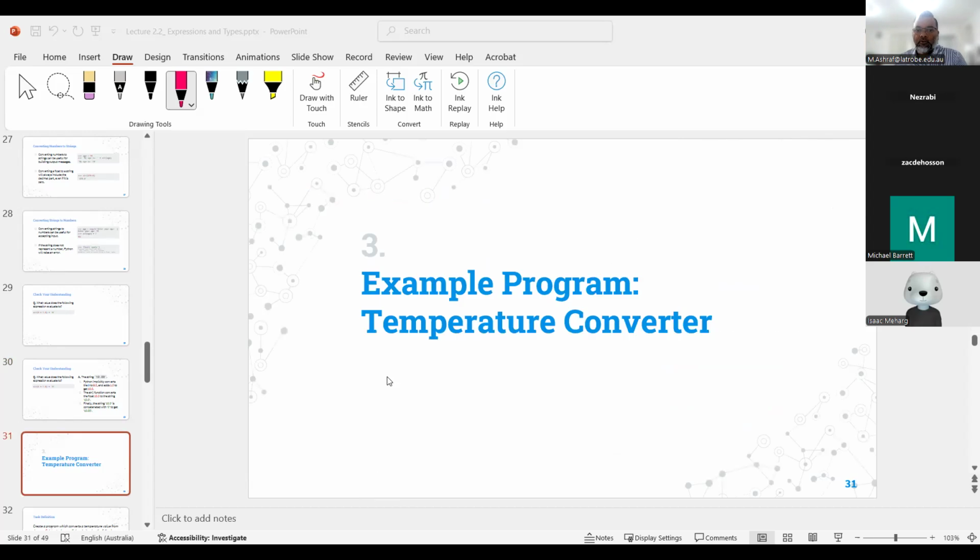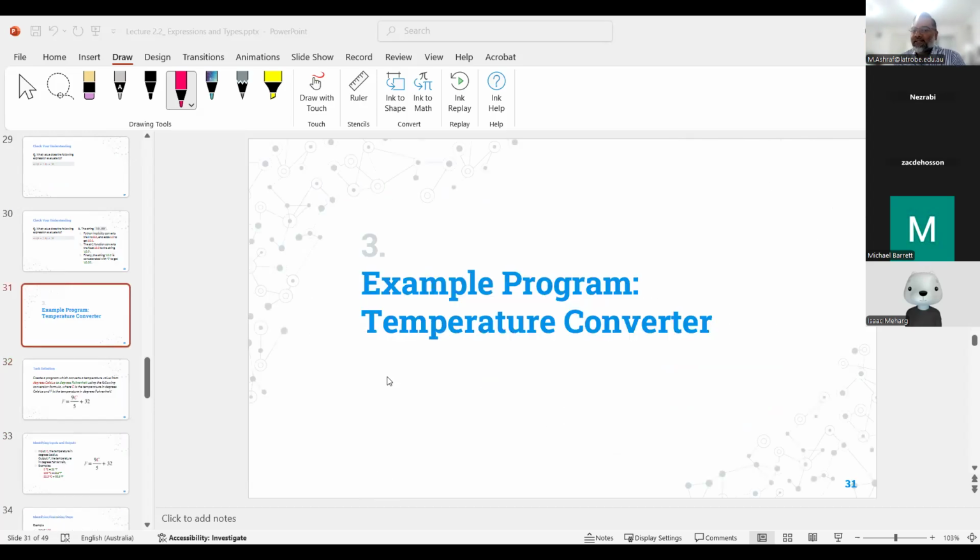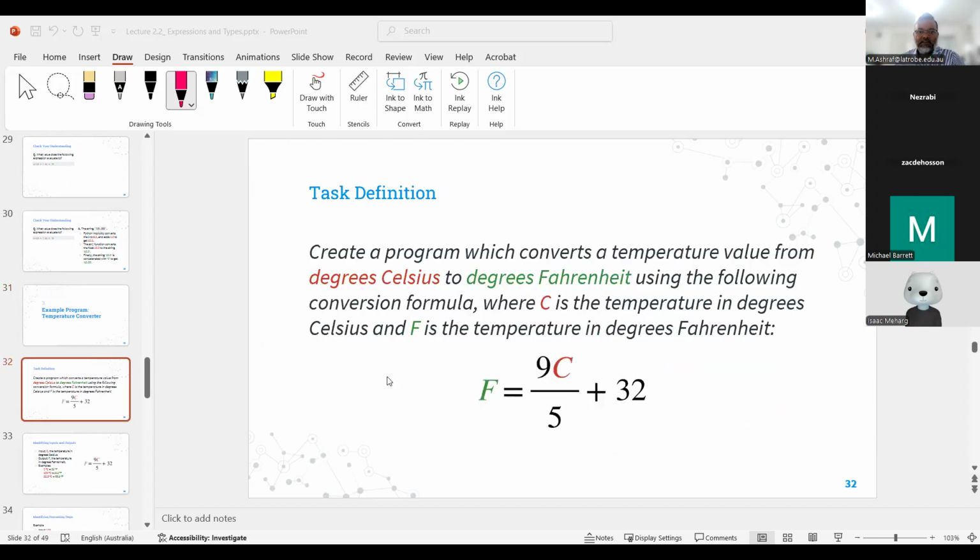Okay, good. So now the last example is the task definition. For any program, we are starting